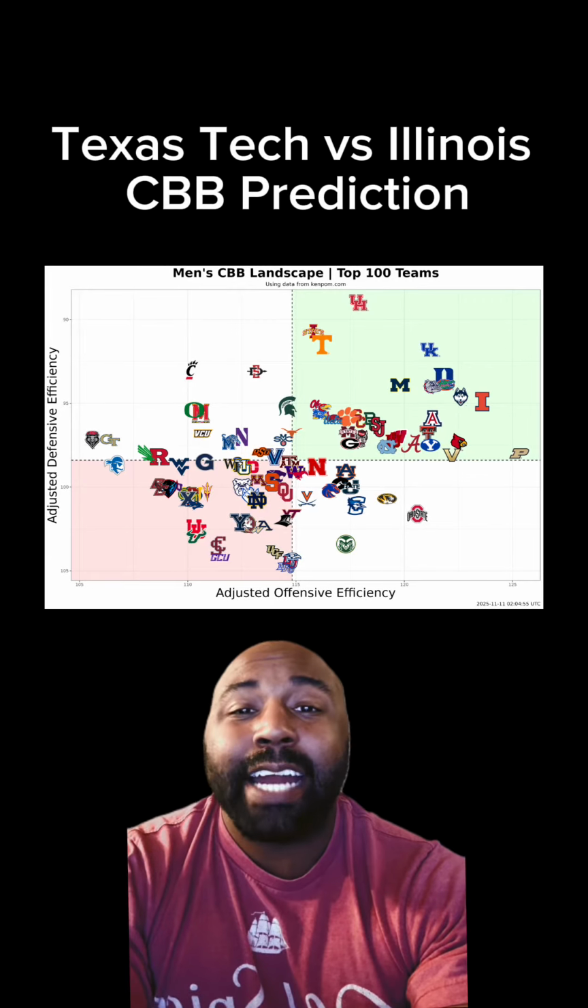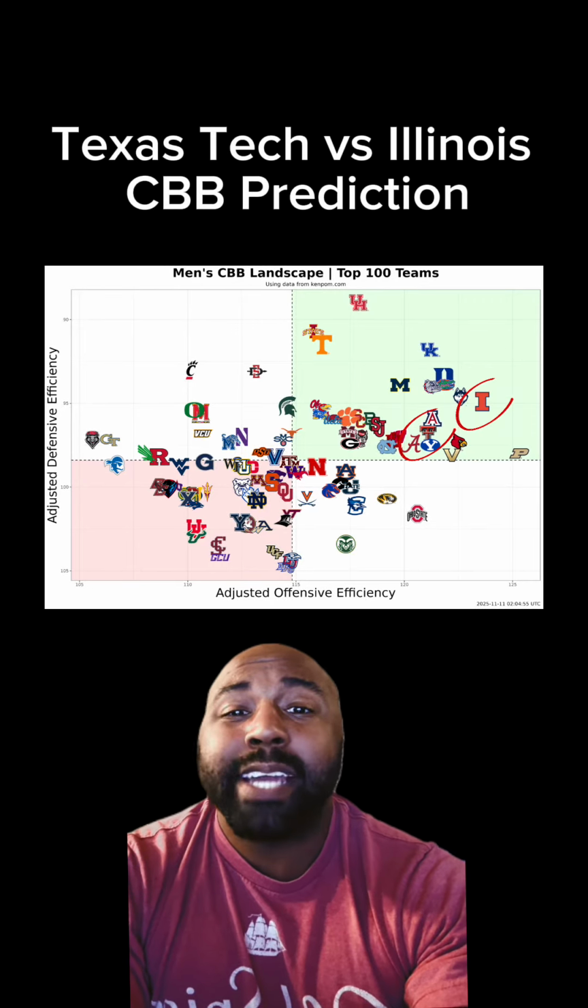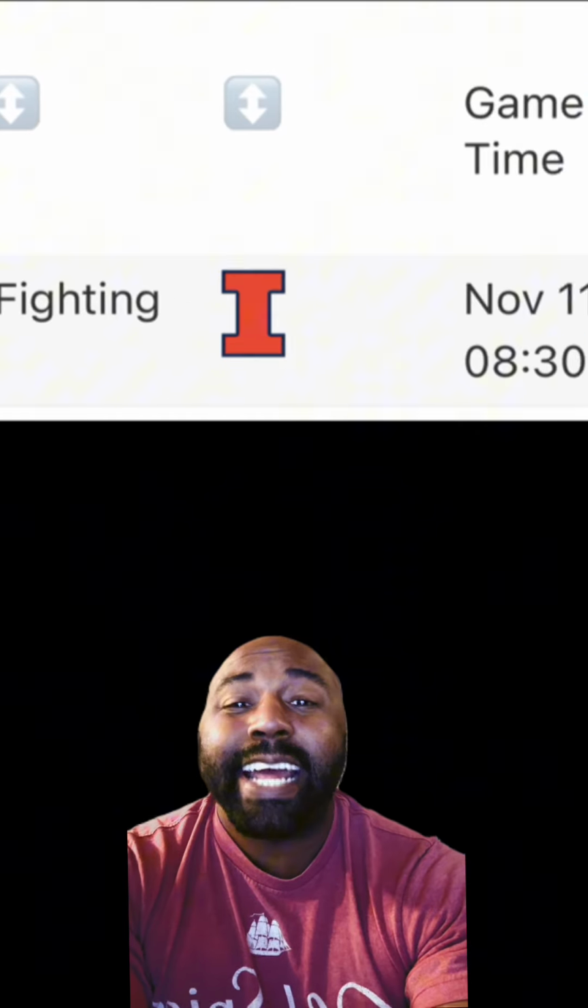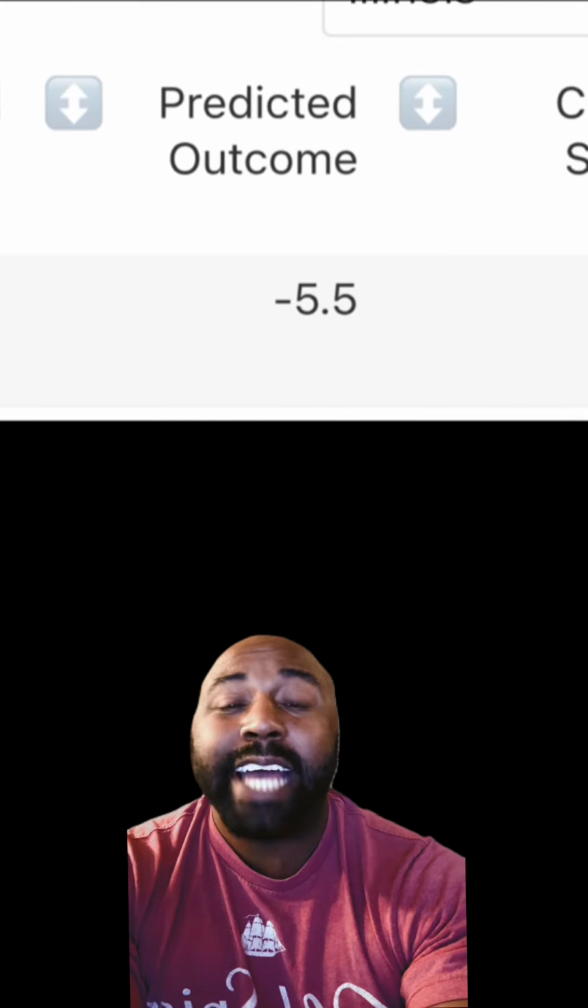So we've got some people asking how to best use our college basketball model. Let's look at the Illinois versus Texas Tech game as an example. The first thing you're going to see is the predicted outcome column, and this is what our model is actually projecting. Now, the cool part about this is that we're blending 3 different model outputs together to get